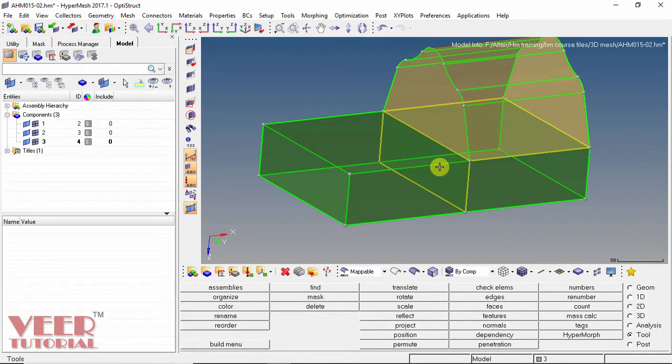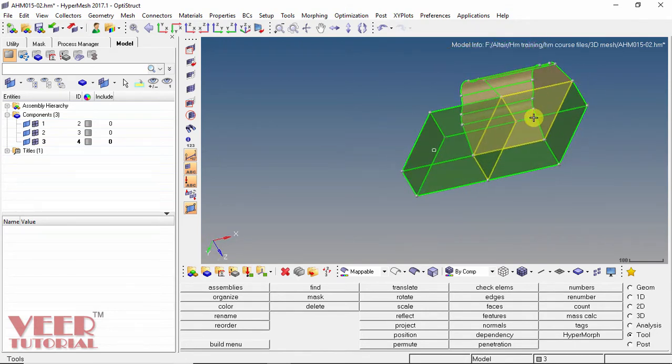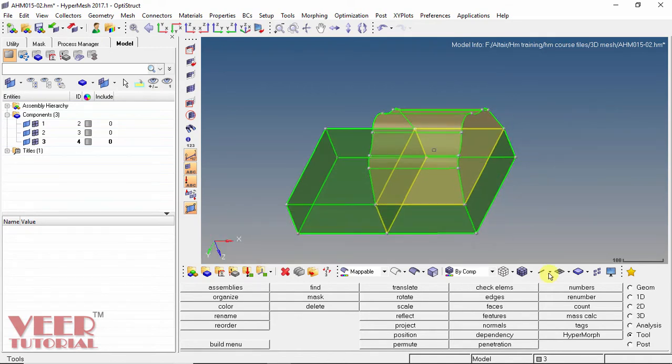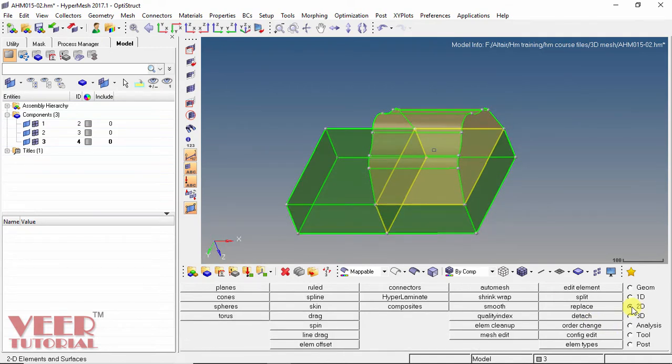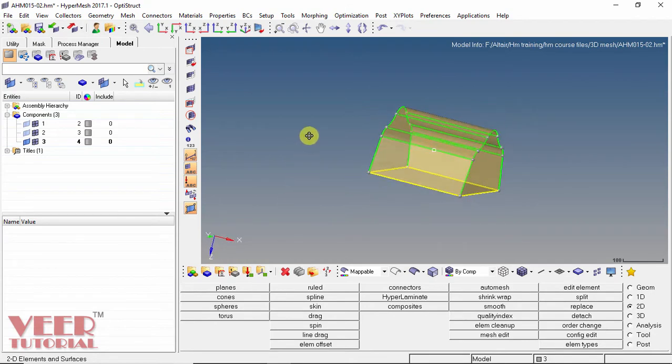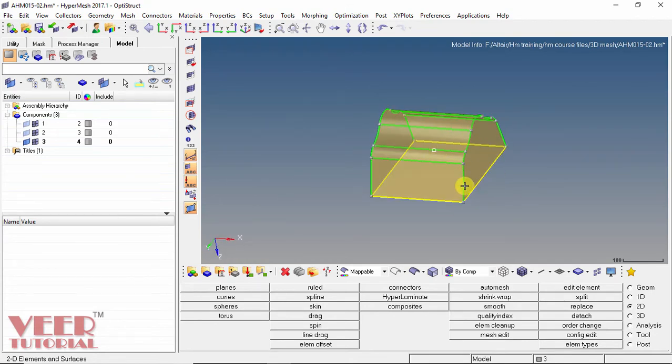In the meshing, we always have to start the meshing with the most complicated surface. And the most complicated surface in this geometry is the surface with these curves. So first of all, we are going to do the mesh of this surface. So I go to 2D mesh. Now we can also hide other surfaces. So uncheck this surface, hide this. Similarly, hide the surface too. That is the advantage of creating the components. We can hide the components according to the requirements.